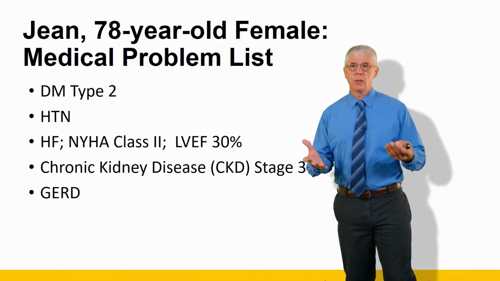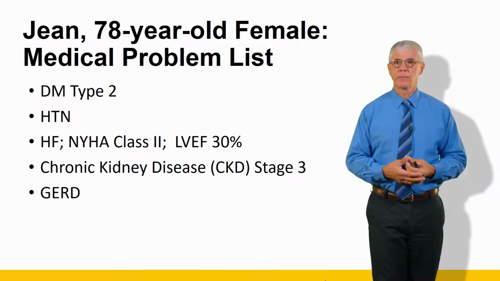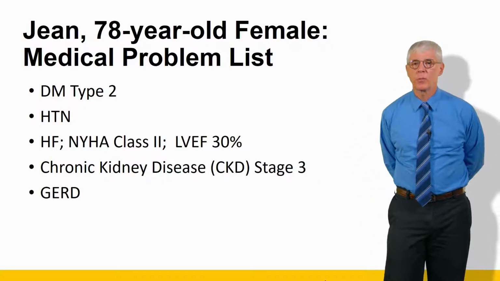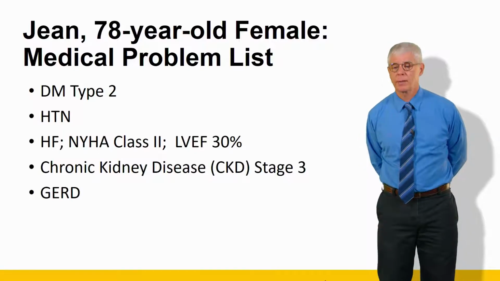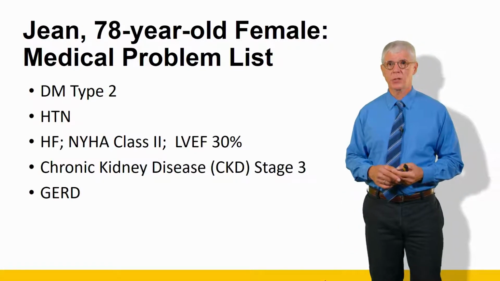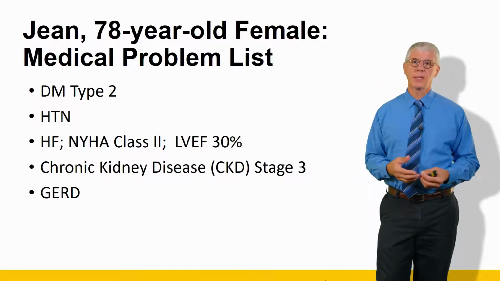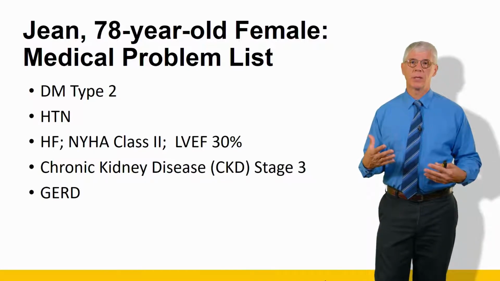So that was Jim. Let's talk about Jean now. Jean is our 78-year-old female. Her medical problem list is a little bit more complicated. She has type 2 diabetes, she has hypertension, she has heart failure, she's class 2, she has ejection fraction of 30%. She does have chronic kidney disease, stage 3, so her ability to get rid of medications is going to be